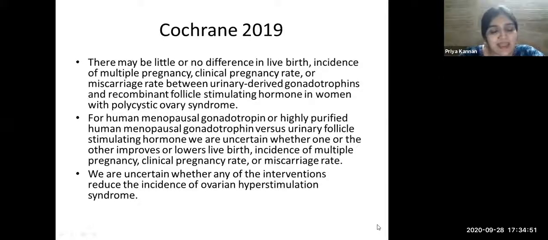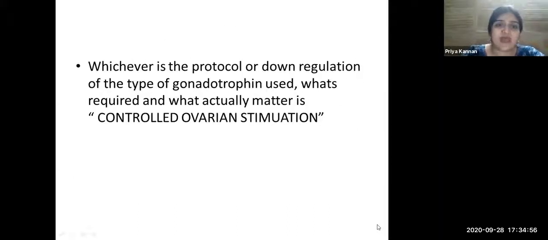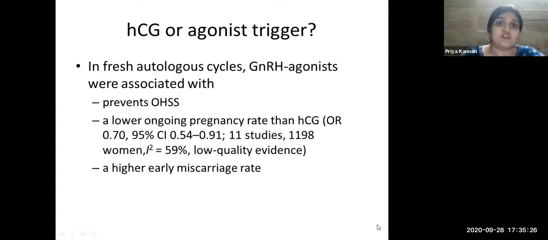So I guess any of those can be used for stimulation, but what we need is controlled ovarian stimulation, not uncontrolled where you have 80 eggs and 70 eggs. We need to go for controlled ovarian stimulation. That is the key in terms of stimulation for women with PCOS. It's quite difficult. We might go for a long period of time, but that's what matters, because we really don't want them to have 80 eggs and 70 eggs. Why? We would be coming to OHSS easily in a short period of time.